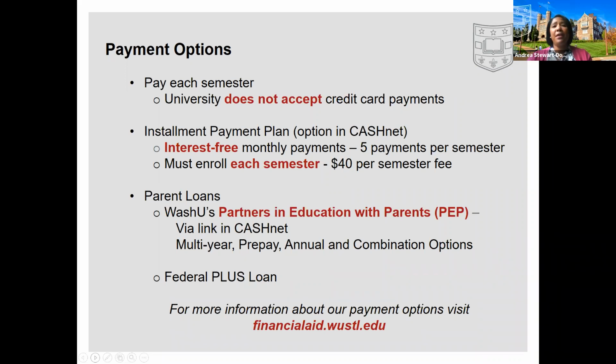Another option is the PEP program offering that I mentioned earlier. And under this program, families can choose among several types of payment options. The first one is the multi-year plan, and that honestly is the most popular one. This allows families to borrow one initial amount at the start of their student's first year of college. They can borrow 2 years, 3 years, all the way up to 4 years worth of their students' tuition, fees,